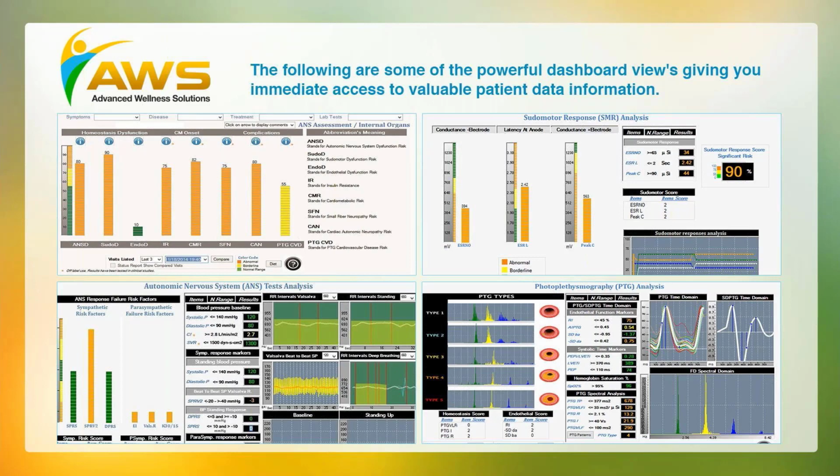Sure. First of all, when you start with the summary page, which is the top left, this gives you all 8 risk factors and tells you an overall evaluation of the risk to the patient in each of these different areas. And then the very last one, the PTG-CVD, gives you an analysis of how effectively the body is handling all of these issues. So in reality, as an example on this one summary page, this patient's got a lot of serious issues because green is good, yellow is abnormal, and orange is high. Well, he's got high throughout almost every area in his body, but yet his PTG-CVD capability is just abnormal, which means the body's really fighting well to try to maintain against all of these issues that this patient is dealing